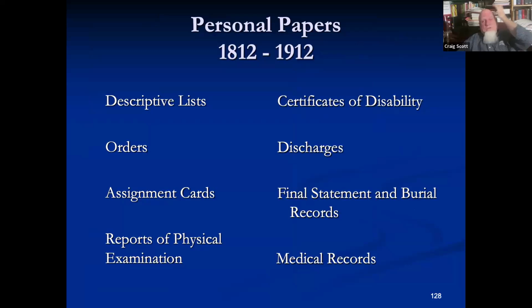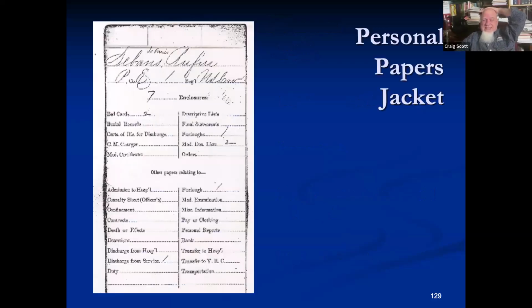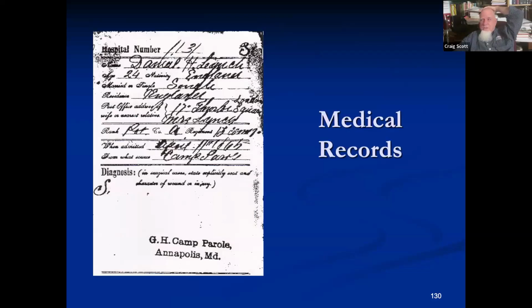You will find descriptive lists, orders, assignment cards, reports of physical examination, certificates of disability, discharge, final statements, and medical records. Usually they're found in personal papers jackets inside the compiled military service records. You will find, this is Daniel Lynch's hospital card from General Hospital Camp Parole in Annapolis. And this is one of the few places where next of kin are identified. Unfortunately, the next of kin identified here is